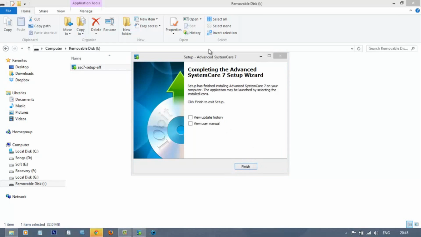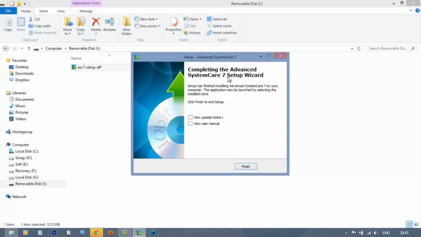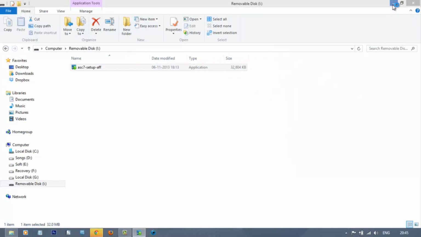Click on finish. As you can see, I installed it within 30 to 45 seconds. So that was pretty smooth and fast.